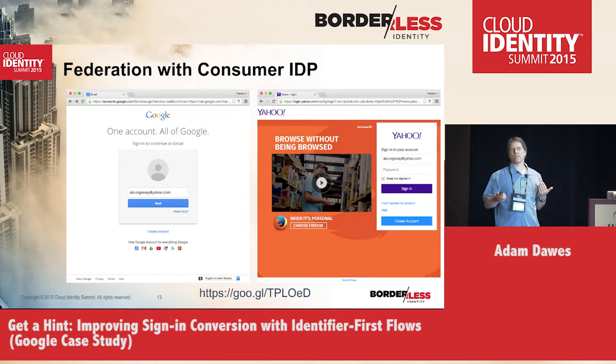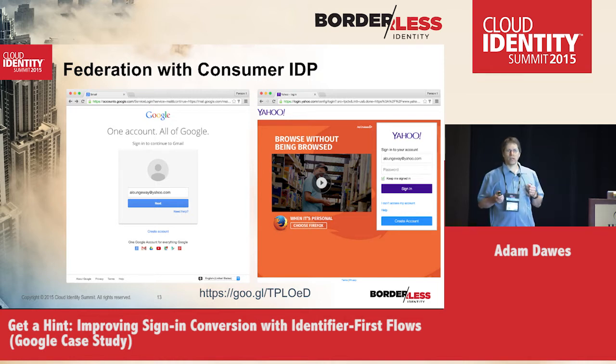And so with identifier-first, that also enables us to get rid of passwords for that class of users that wants to continue using their Yahoo Mail account. So what we're really looking forward to from an ecosystem perspective is for all of these other identity providers to support what Eric talked about briefly in the keynote, which is fast ID verification.